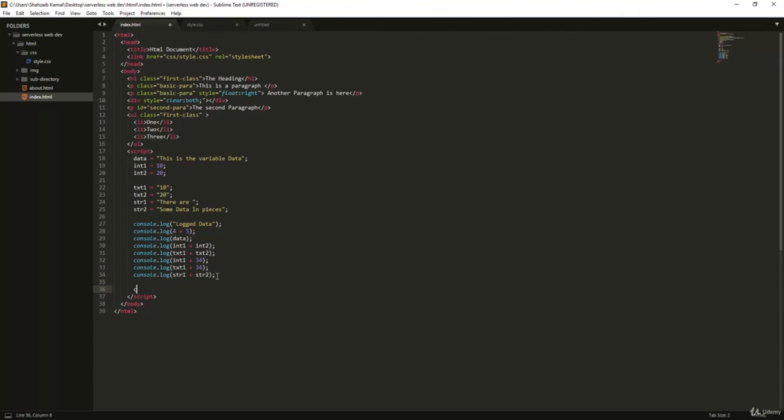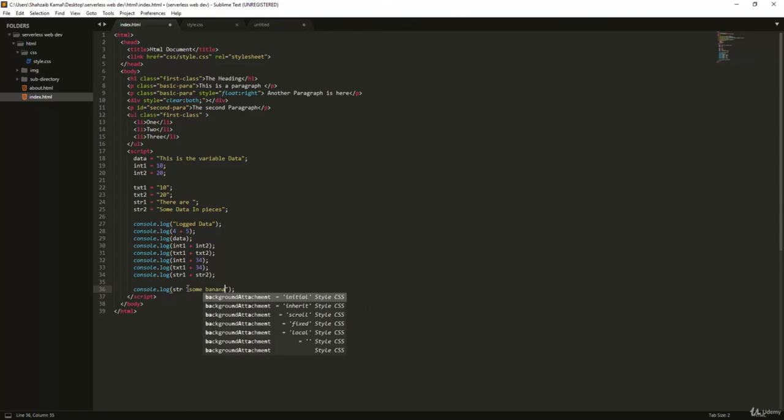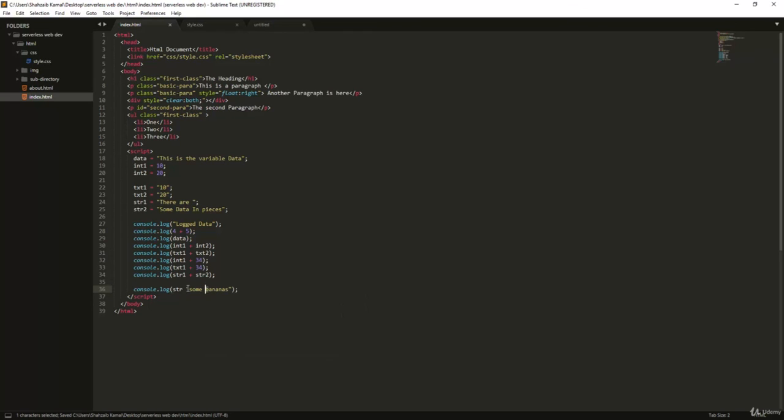So I'm just going to show you console.log, and inside that str. Now I want to show why we do concatenation in a general way. Suppose we have the text, I want to add this line with the variable when we console log it. So I want to show something like there are some bananas. Okay, I love bananas, but I do not have bananas right now. So the bananas, and here